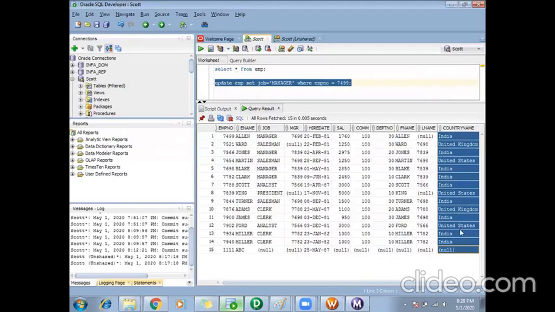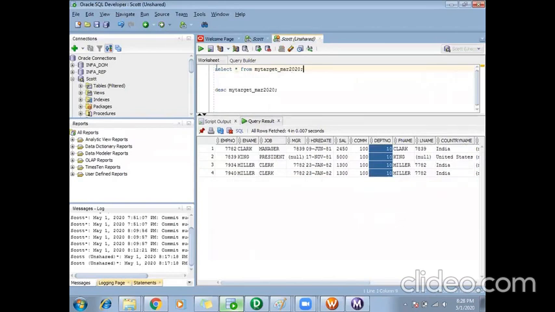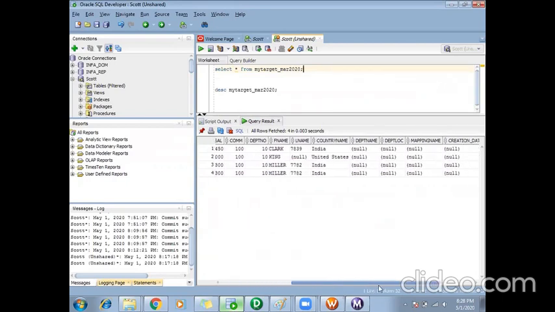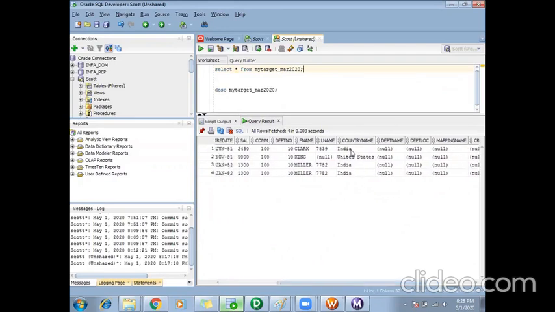Then we have a target table where we want to load the employee details. Assume that apart from country name, we want to get the country code details also.